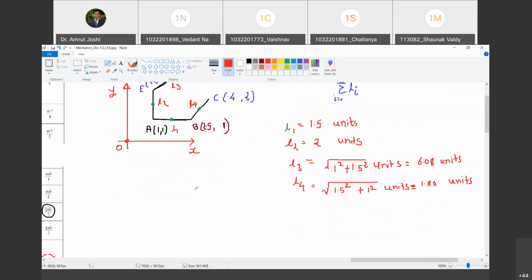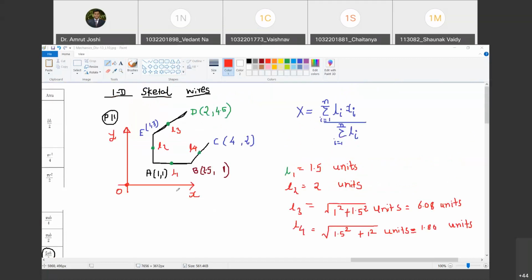Chalo. So won't L3 and L4 be equal? Why do you think so? Yes, sir. So both come to be 1.80. No, L3 has come out to be 6.80, right? No, sir. It's coming out 1.80. आ रहा है ये. It will come out to be 1.80. Yes, you're right. Fine. Don't go by the sketch. Sketch may be wrong, but we have calculated this as 1.80.